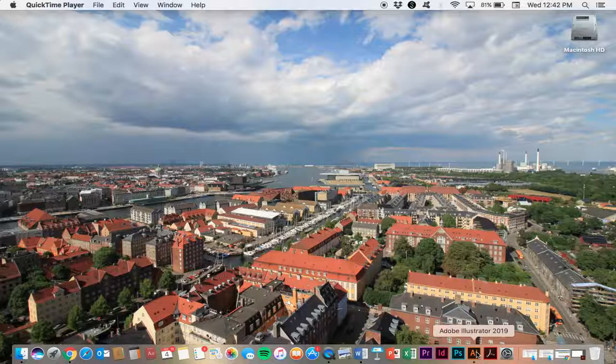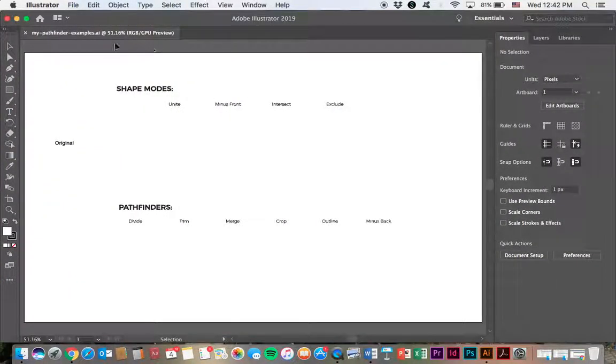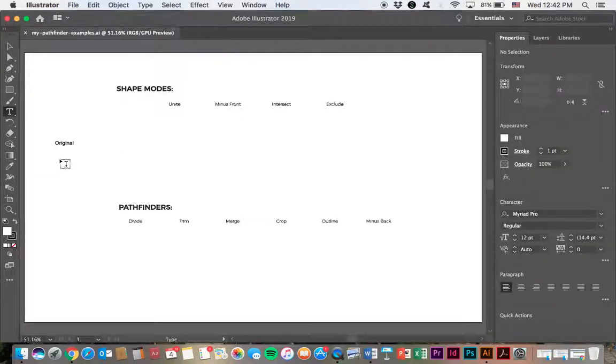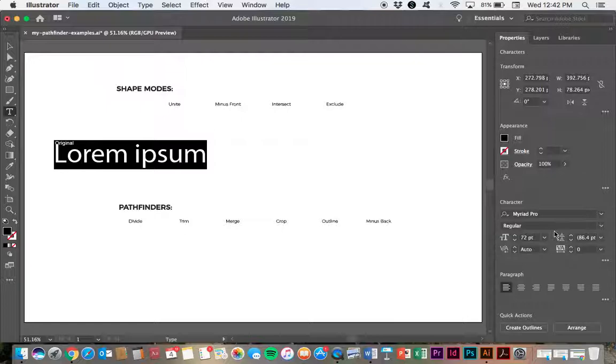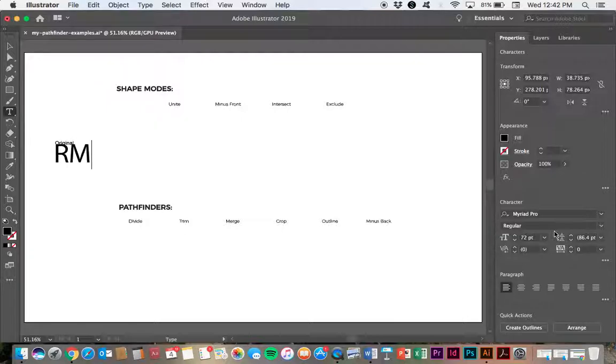So to start with, we're going to open our file that's called mypathfinderexamples.ai, and then you're going to set your initials in 2 different colors with stroke on them. So I'm going to click here on the Type tool, and I'm going to click. It gives me lorem ipsum. Move that up to 72-point type. Change the initials here to RM,